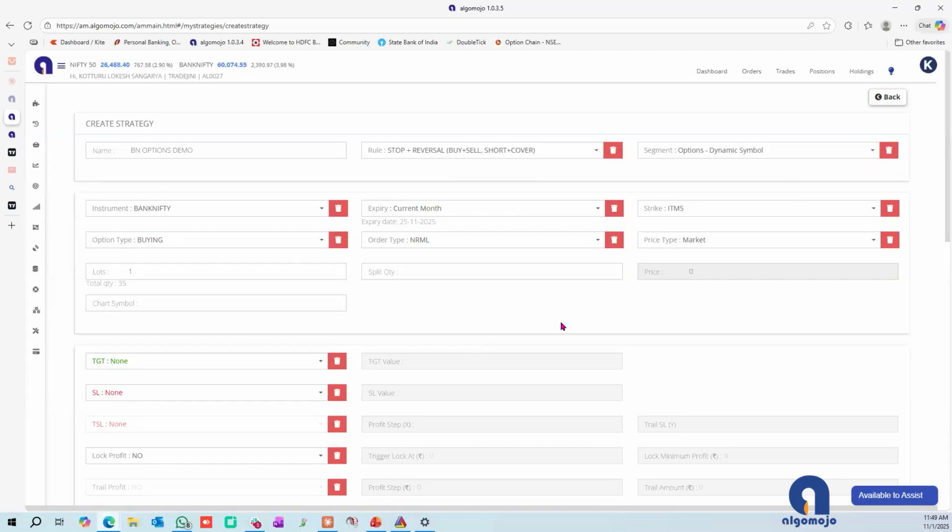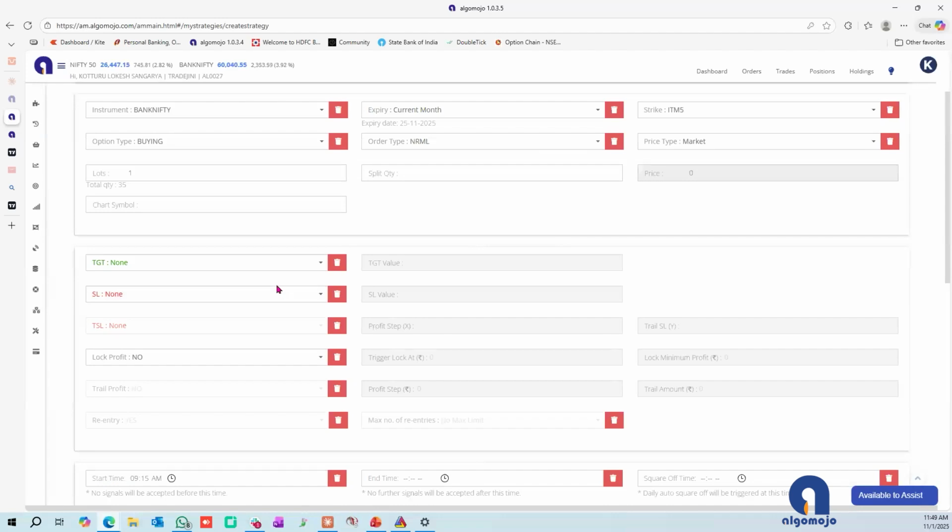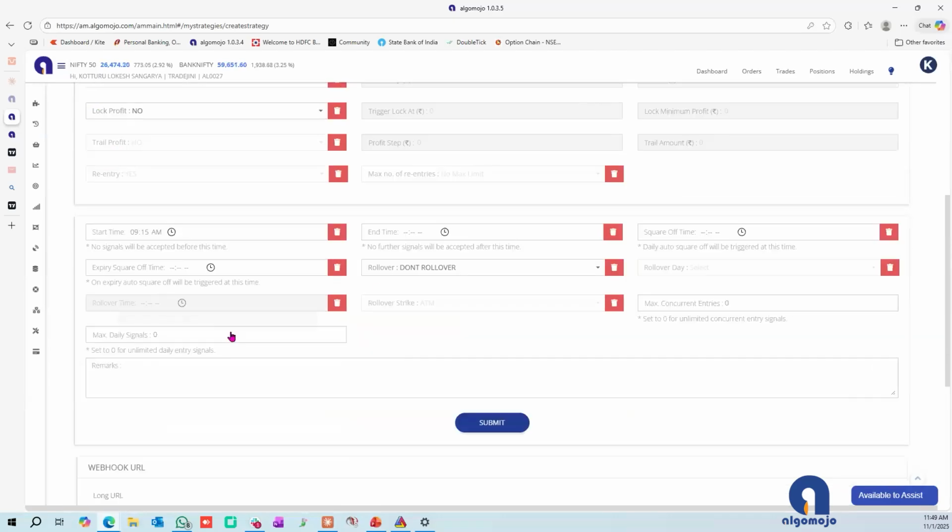If you want target and stop loss, you can update it here. You want number of trades to be limited, you can update it here. You want trailing stop loss to be done, you can update it here. You can set the end time and start time here. You can set the rollovers here and say submit, and you can use charting or TradingView or AmiBroker